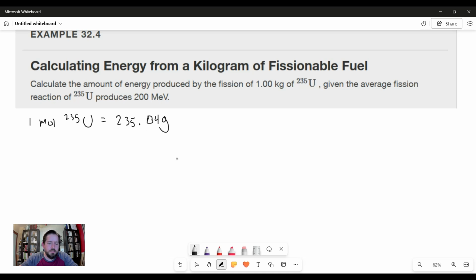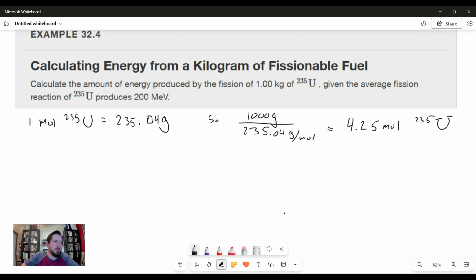So a kilogram, which is 1,000 grams of this uranium, divided by its molecular mass here of 235.04 grams per mole, gives us 4.25 moles of uranium-235. So the energy is going to be